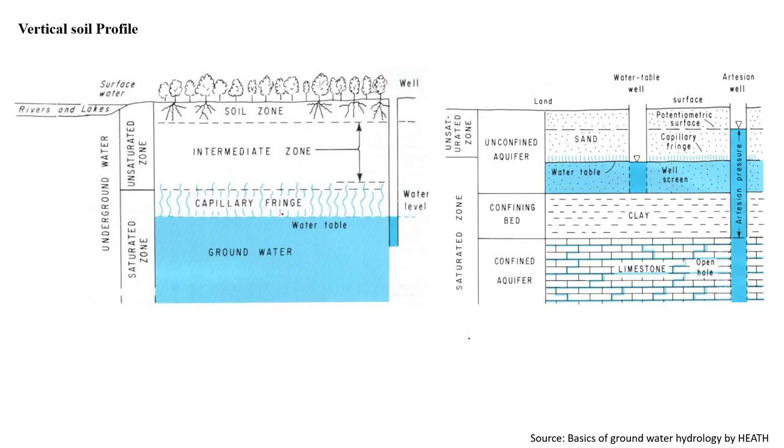Okay, so let's see how the soil profile looks. Let's say if I take a cross section of the soil, it may typically have this kind of structure. These are the plants which have roots, and they extend down to the root zone. So this particular zone is called the root zone,